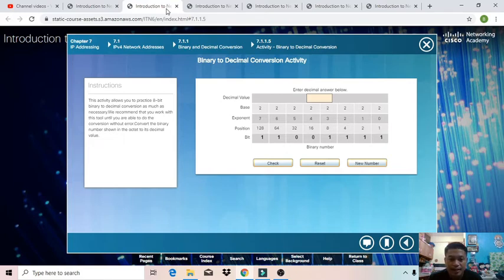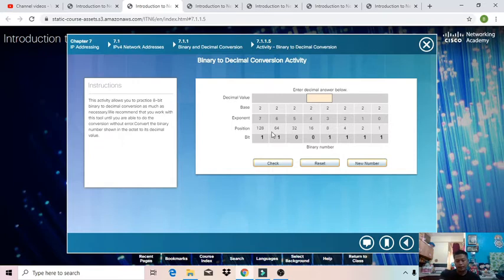The first activity is entitled Binary to Decimal Conversion Activity. Here's the instruction: this activity allows you to practice 8-bit binary to decimal conversion as much as necessary. We recommend that you work with this tool until you are able to do the conversion without error. Convert the binary number shown in the octet to its decimal value. So this activity,